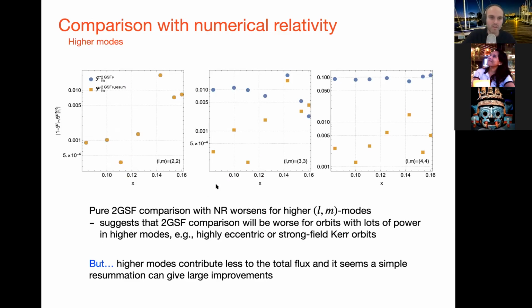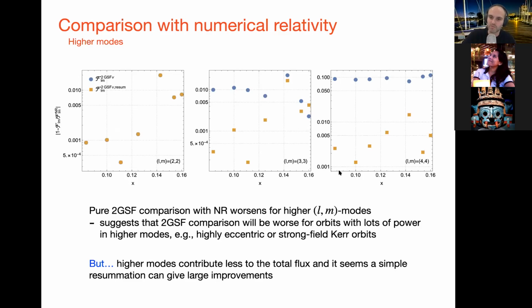Okay, so getting close to rounding up, we can look at this more quantitatively. We can see what is the error between numerical relativity and our second order perturbation theory results. And we see we typically have an error, again, without error bars, but a difference in our data of about 0.1%. This starts to grow larger when you don't do that resummation, but once you resum, again, you see it's about 0.1%. These points here in the strong field, we can ignore because we're probably breaking down our approximation.